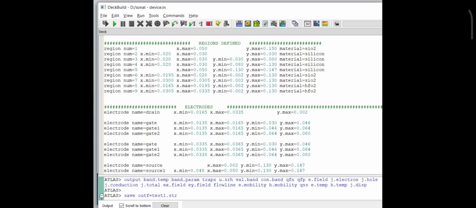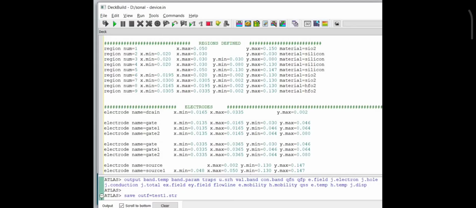X maximum is 0.050. X minimum is not mentioned in the code. This means you have to understand that the minimum value of X is taken as X minimum. Same is for the Y maximum, which is 0.150, and the Y minimum is the minimum value of Y, which is 0. And the region number 2, 3, 4, 5